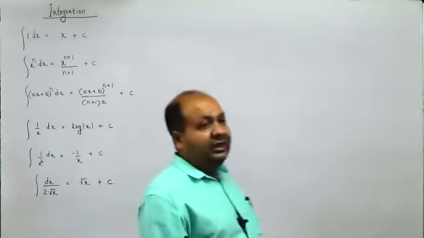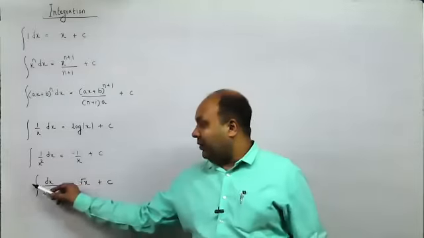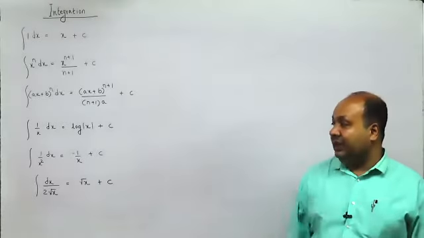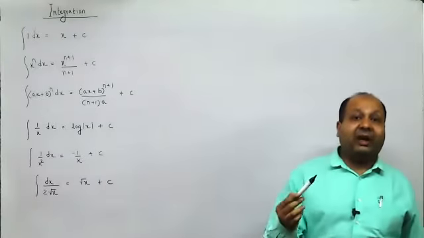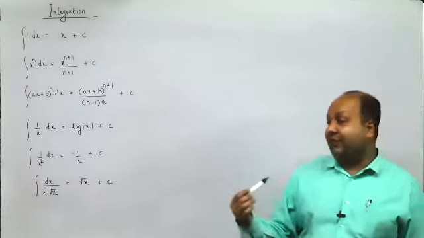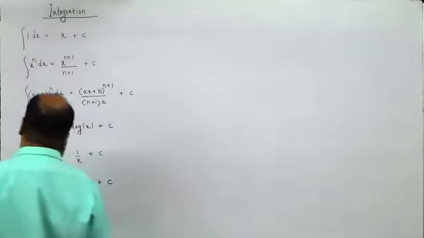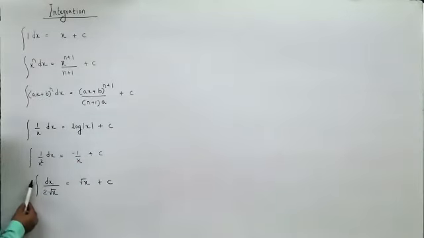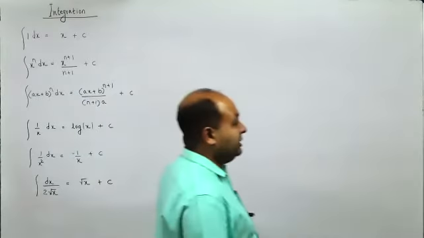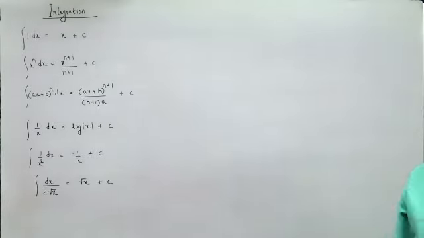Now remember, in integration, you can always multiply and divide with a number outside and within the integral, but you cannot multiply and divide with an x term outside and within the integral. That means here you can multiply and divide within and outside. This two can be multiplied here and divided here. Whereas in case of x, you cannot multiply x here, divide x within the integral. You cannot do that. Dx upon 2 root x is root x plus c. Then the next formula,